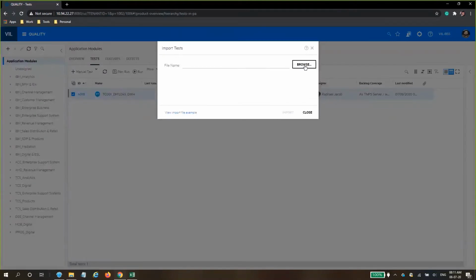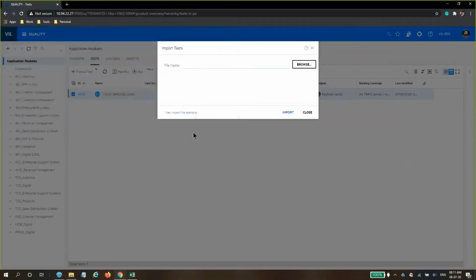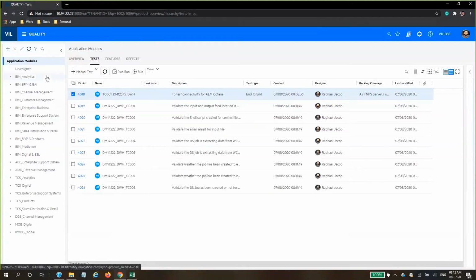Here we browse through and select the file from our desktop. This is the file that we've created. And we click on import. You see 8 tests created successfully. Now we have to refresh, and you see these cases are visible here.